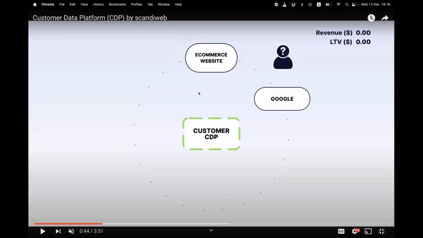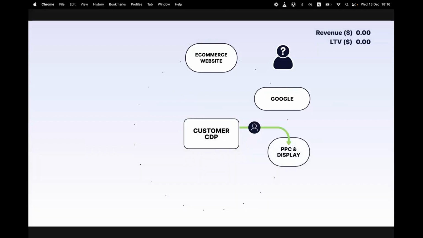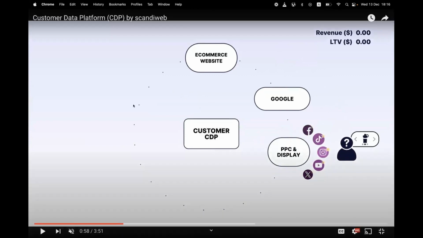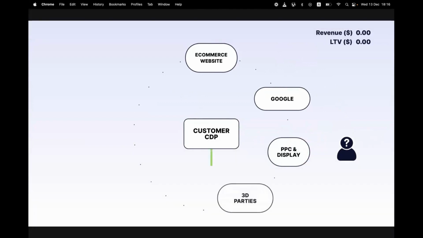But you see green lines. And these are showing that CDP is already working. Even with this little information, CDP can do something for your benefit. At least it can push this customer profile and preferences to PPC and display channels for retargeting, and then our display network activation channels will actually start showing items relevant to sports, nutrition, and things that the person has explored.